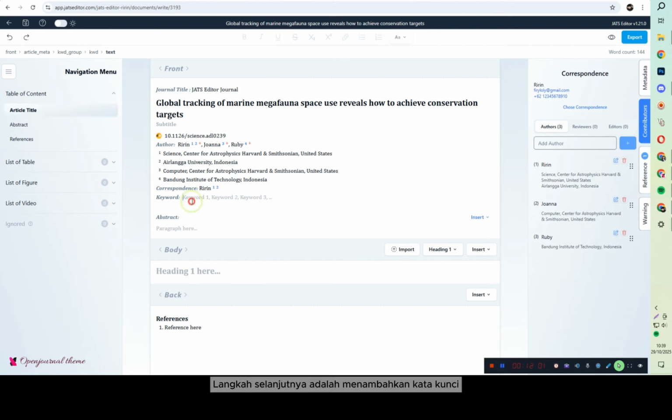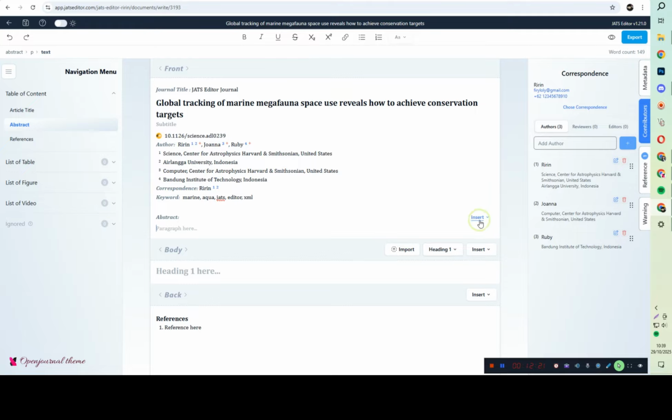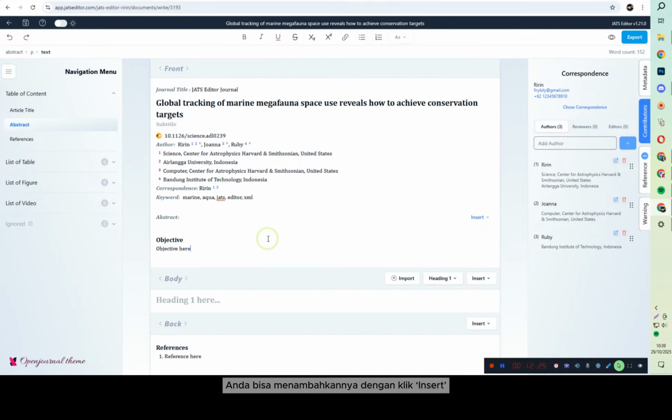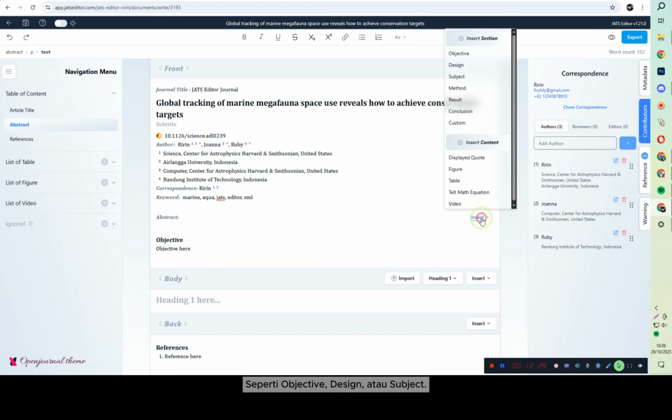The next step is to add your article's keyword. Next, fill in your article's abstract. If your abstract has specific sections, you can add them by clicking Insert and selecting the part you need, like objective, design, or subject.